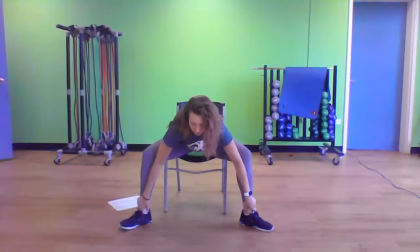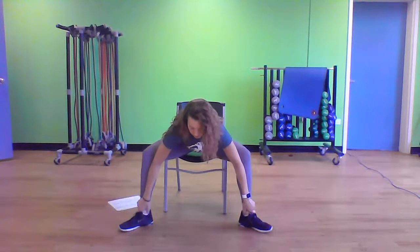Legs are going to open up nice and big, either side of the chair. Arms are going to come all the way up and all the way down. Reach for your ankles. Use those elbows to kind of push your legs out even further, or just to hold them in place, because a lot of times they're going to want to sink in. And to really get the full stretch, you want them to really open up. So use those elbows, and then we're going to look down into ground and hold